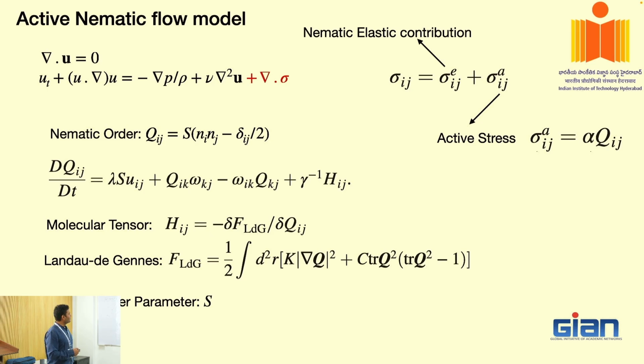And for the dynamics, in terms of the field, you now have to write down an equation for Qij, and it is going to have this form, where you will have S that comes from the ordering. This is the strain tensor. This is how Q is going to get affected due to the vortical nature of the flow, and then you are going to have something like the molecular tensor. This gamma, I think, is going to be a time scale, and that's how the system is going to relax.